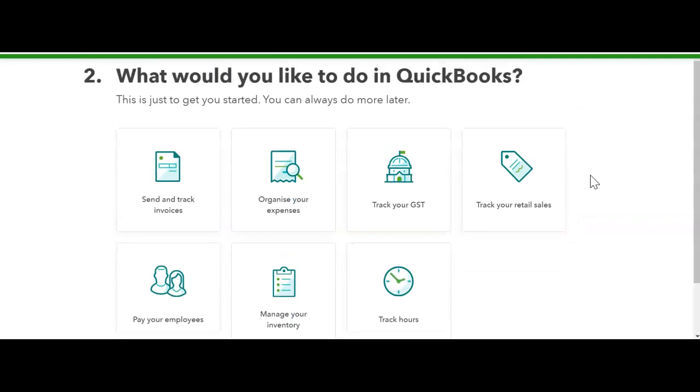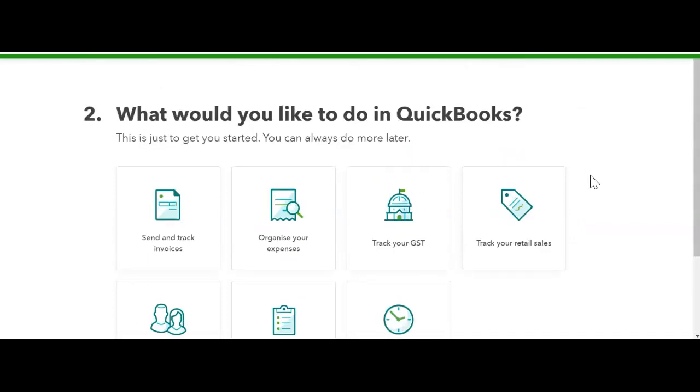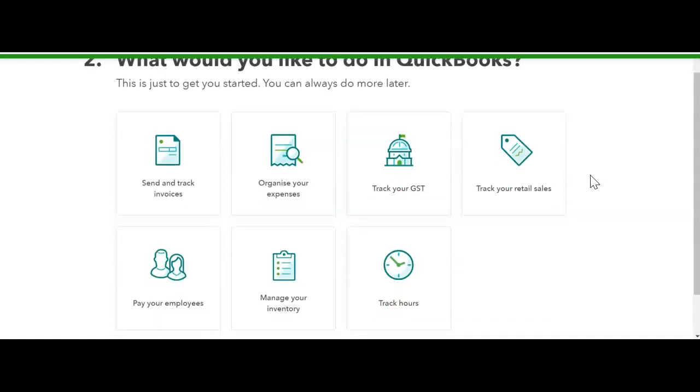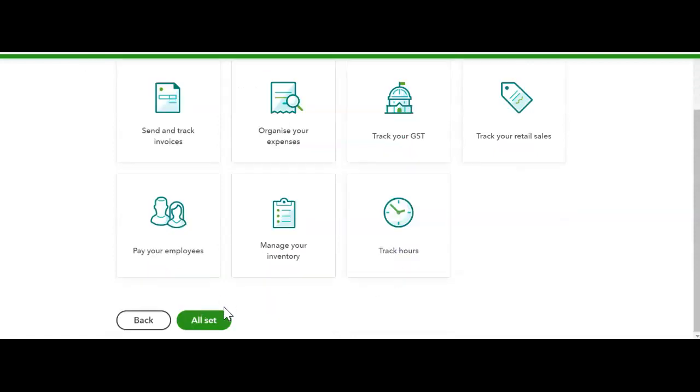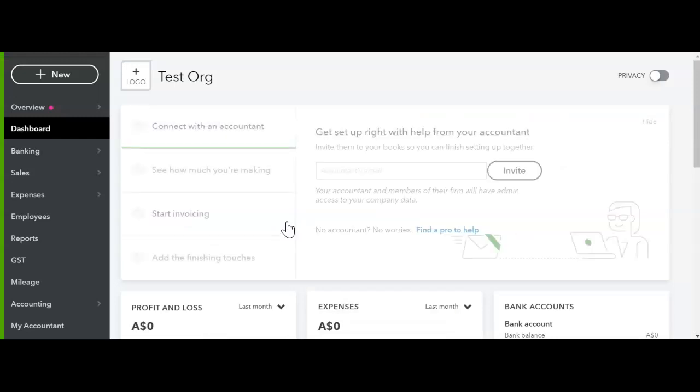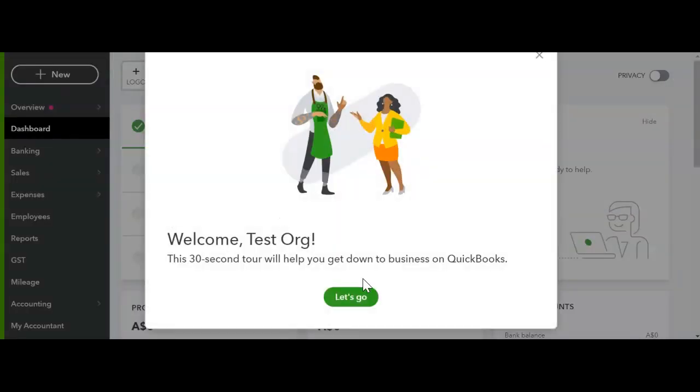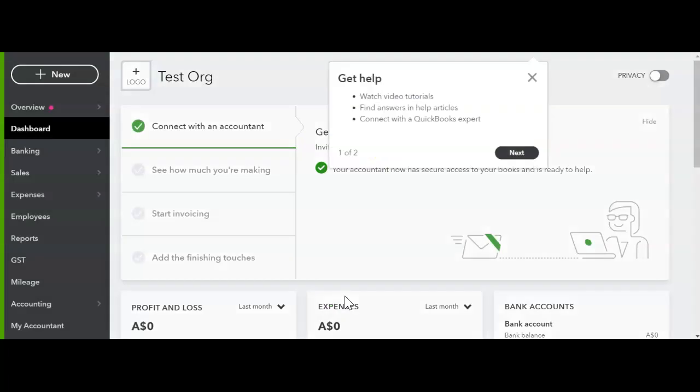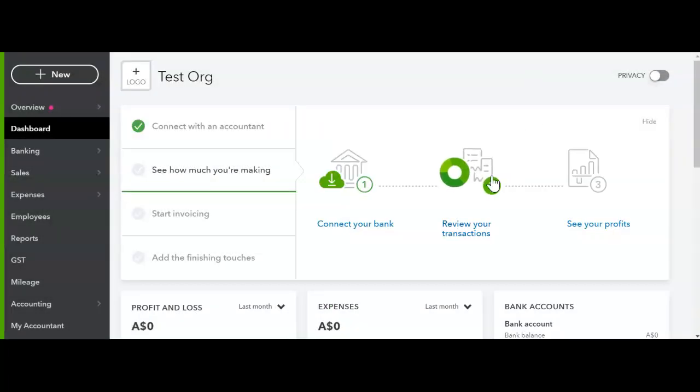So this is just to get started. What would you like to do in QuickBooks? Screen as well. I'm just going to say all set. That's it. That's just a quick setup. So welcome. Yeah, let's go. I don't usually do that, but if you haven't had any experience with QuickBooks, it's a good idea just to click